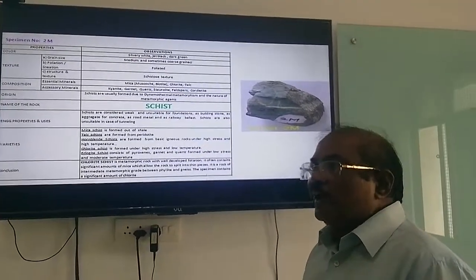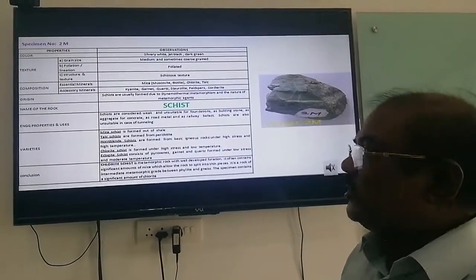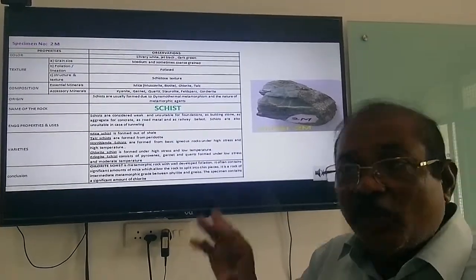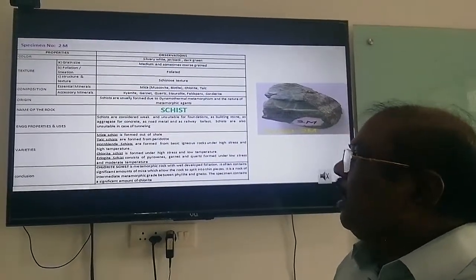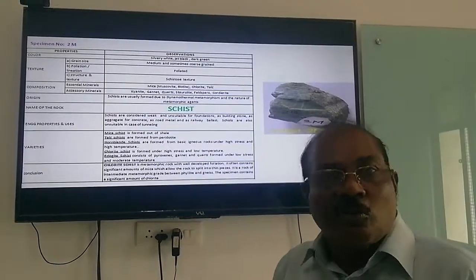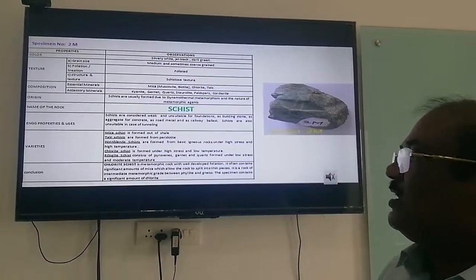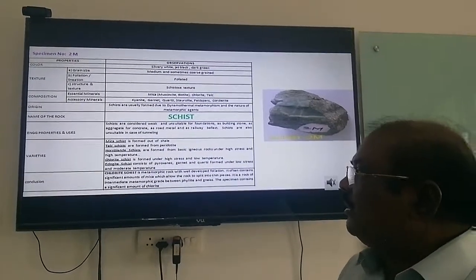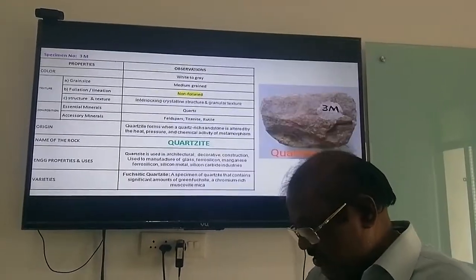There are so many varieties of schist. Because of the dominance of a mineral, the name is termed as mica schist, in which mica is dominant. Talc schist, here talc is dominant. Hornblende schist, that means hornblende is dominant. Chlorite schist, chlorite is dominant. Eclogite schist, that means it consists of pyroxenes, garnet and quartz. So this is the description about schist, and the next rock is